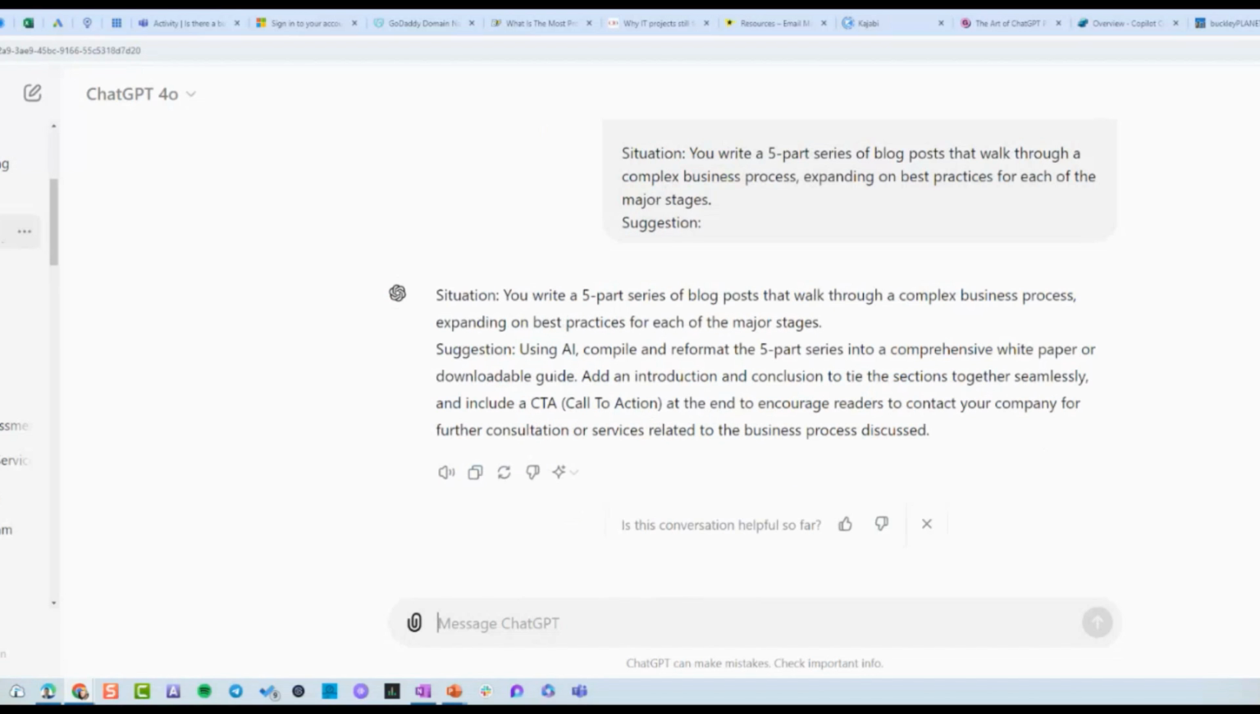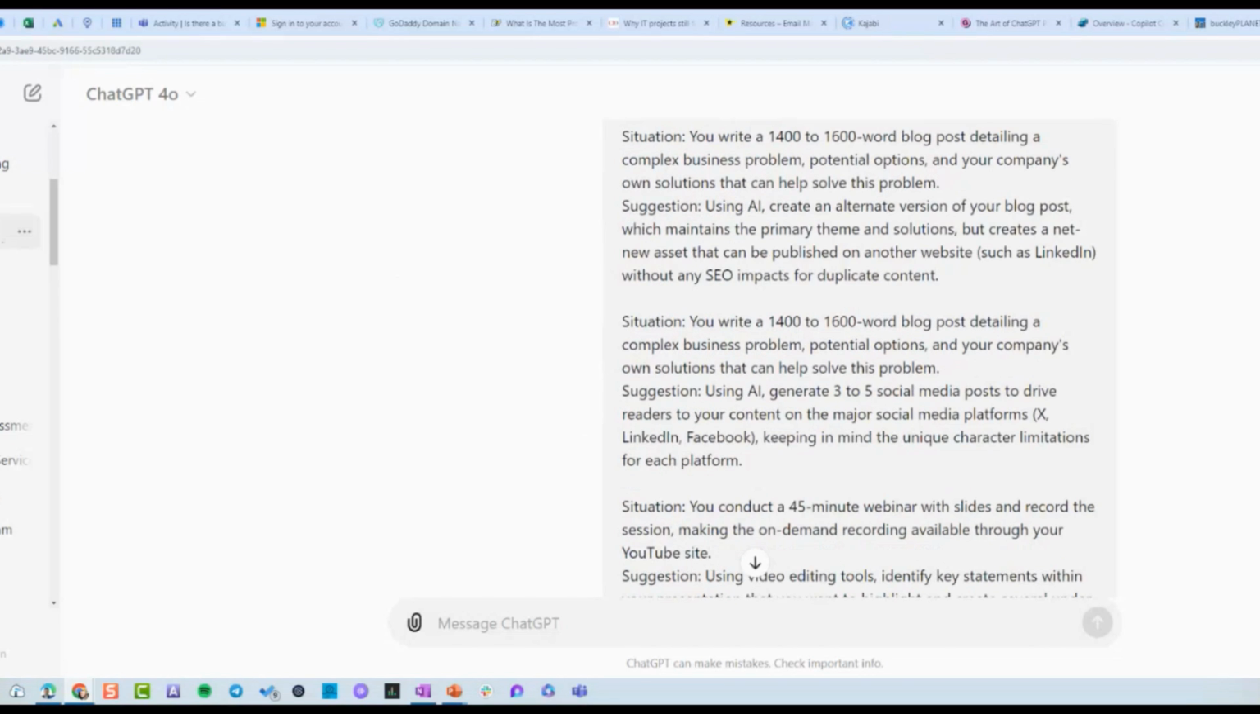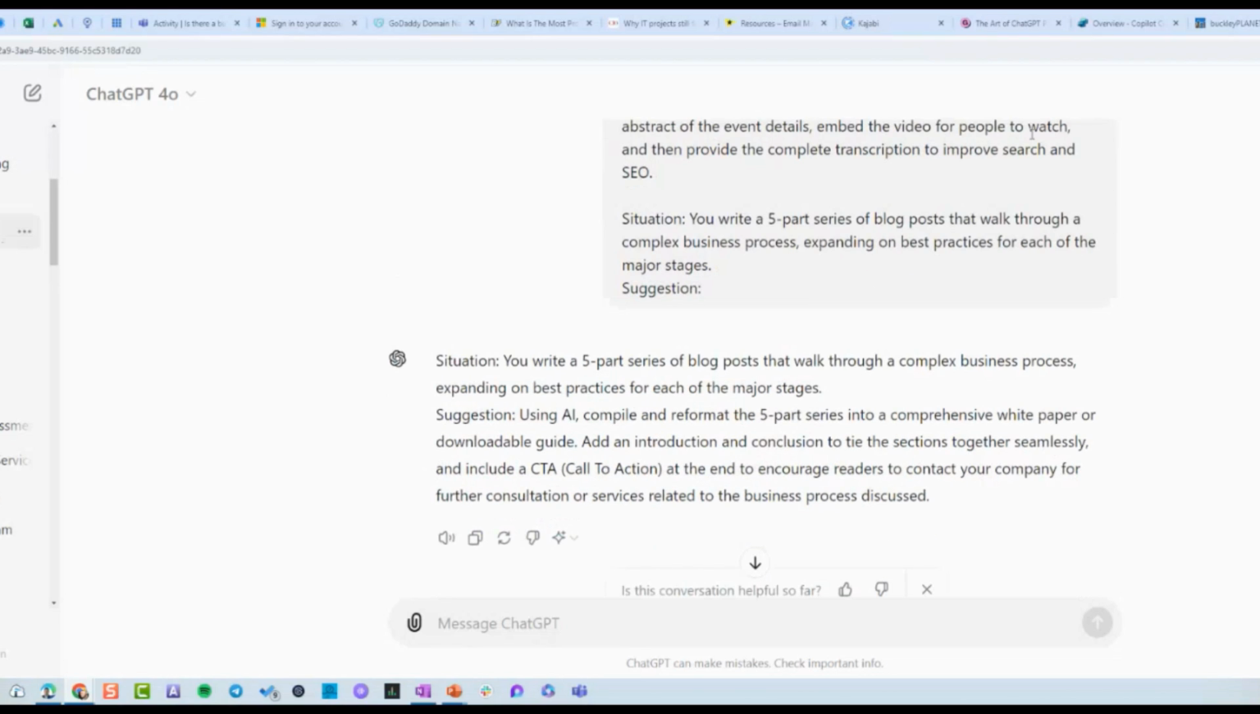Now here's what I modified. I added "Follow the pattern," and then I cut and pasted the same thing in there. And now, instead of outlining and regurgitating everything else, it fills in the last situation, and it was creative. So I have this 5-part series of blog posts that walk through a complex business process, and it's